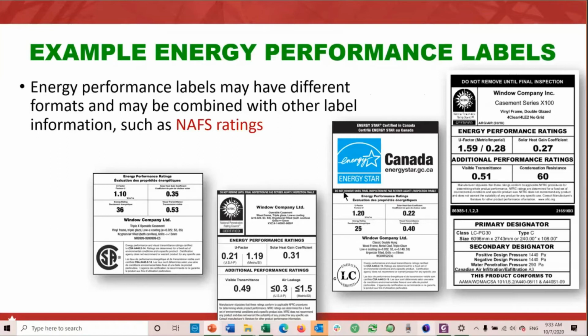Here's an Energy Star label, which has a pretty typical looking energy portion below it, and then on top has additional information indicating the product actually qualifies for the Energy Star designation. And the label on the right includes a NAFS label as well. Some manufacturers find it more convenient to print these labels in the factory with on-demand printing setups, where they can print all the information that applies to the product on a single label, and that's permitted. So in this case, the label includes your NAFS ratings.